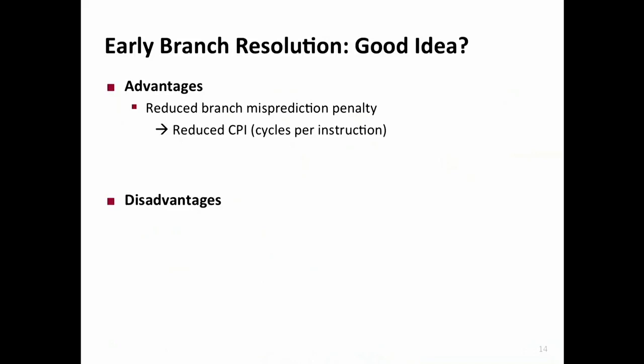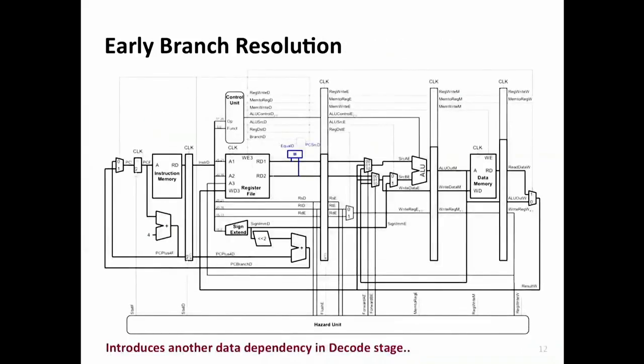Exactly. Additional hardware is one of them. There's additional hardware cost, because you replicated that equality check logic. You could have done that in the ALU, right? What else? There are multiple. Yes? Introduce a new data dependency. That's right. Basically, you've introduced another data dependency over here. If you want to do it right, you need a new forwarding path, which translates into additional hardware. There's one more,